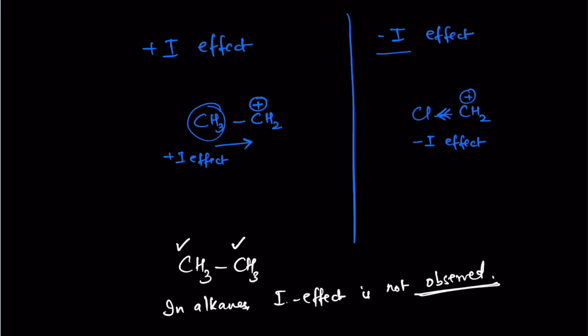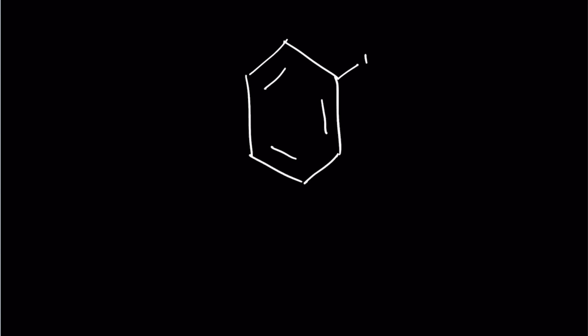All right. Let's take an example. Suppose I have this compound. We have an NO2 group here, a CH3 group here, a Cl group here and an OH group here. Okay. Now,